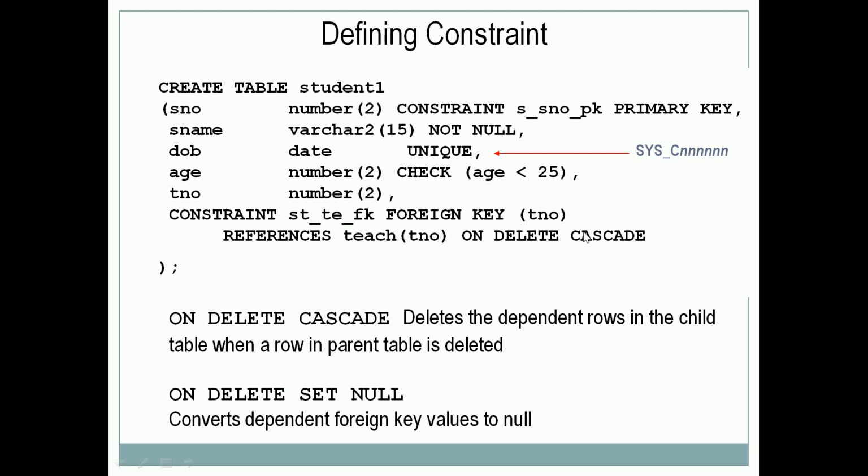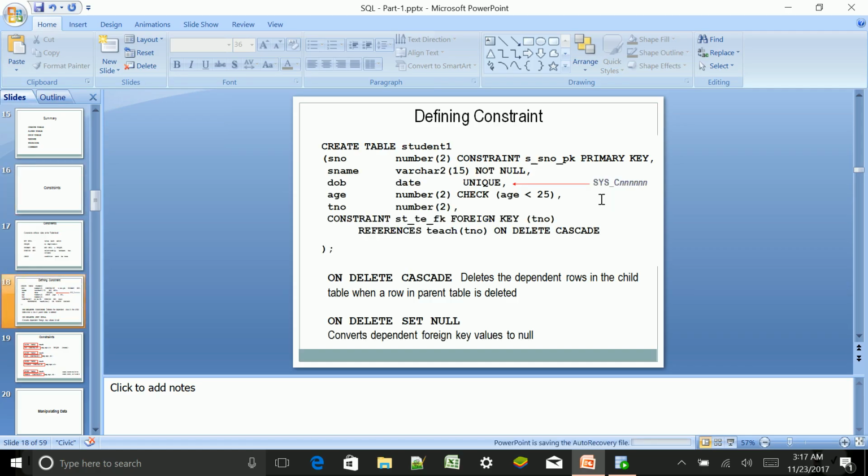On delete cascade, we have on delete cascade. It means it deletes the dependent row in the child table. The child table here is student, when a row in the parent table is deleted. For example,